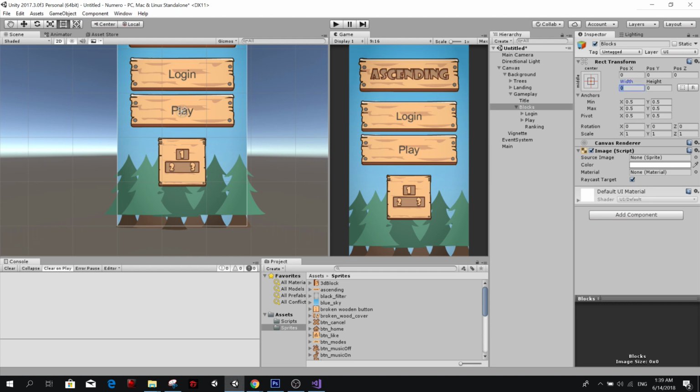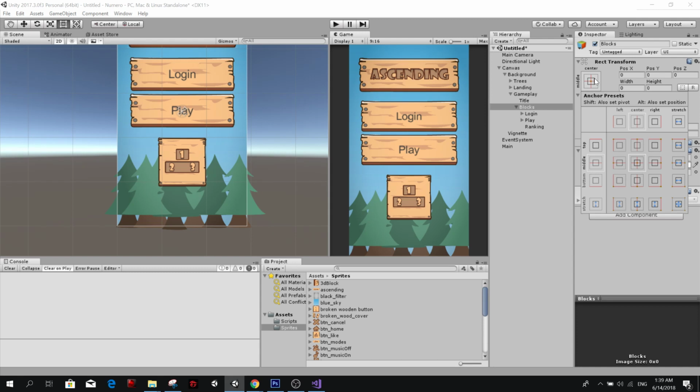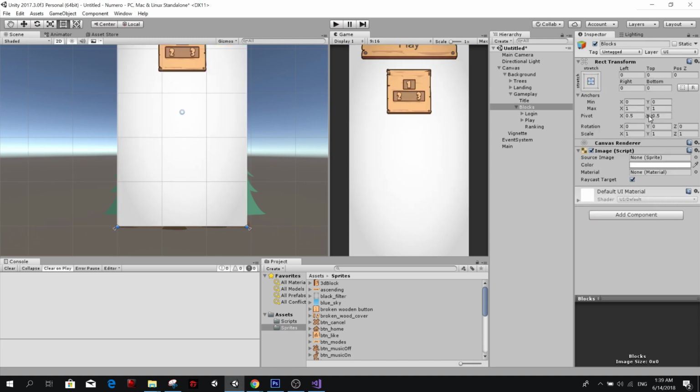Right now this is going to be something like here, like this, but I'm going to set the anchors to something like 0.1 and 0.9, and here is going to be like 0.2 to 0.2.